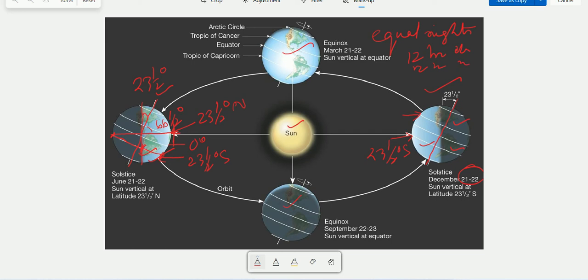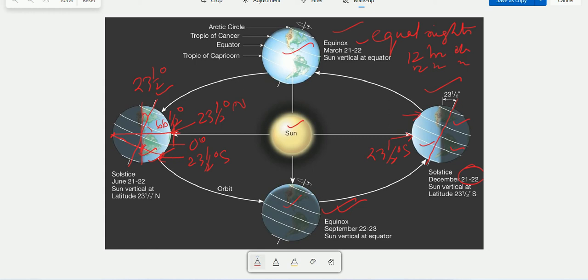It occurs on March 21, 22. On this day, the daytime and nighttime are equal, and another position is here, known as autumn equinox. This is known as vernal equinox or the spring equinox. This is the case of autumn equinox. It occurs on September 22, 23. On this day also,